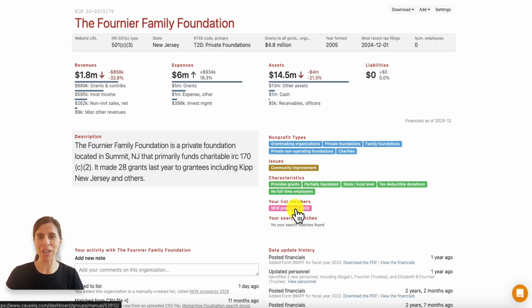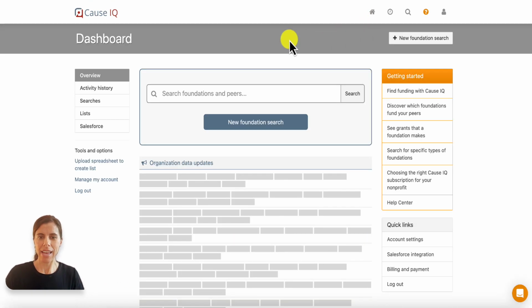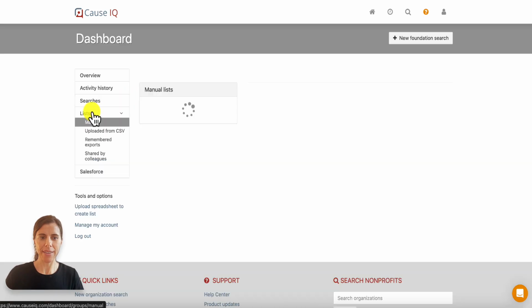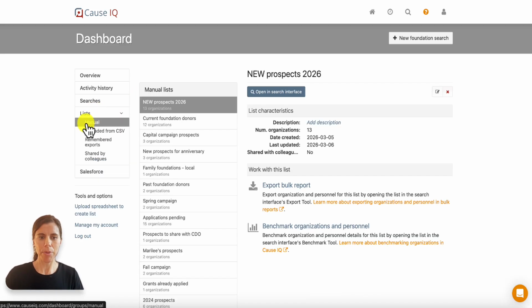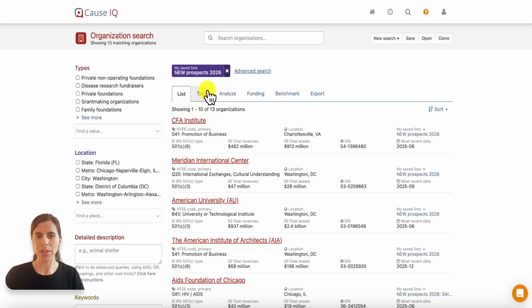Now, after you have created lists and added foundations to them, you're going to need to access them. To do that, we'll come to our dashboard and navigate over to the lists link on the left side of the page. We want this top Manual option for lists. That's the type of list that we're creating. And you can see that it's now pulling all of the lists that I have going in CausIQ. The top option, New Prospects 2026, is the one that we're using today as an example. I can now click this Open in Search Interface button, and it's going to open that New Prospects 2026 list